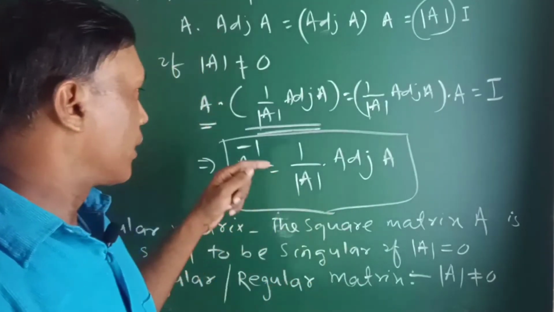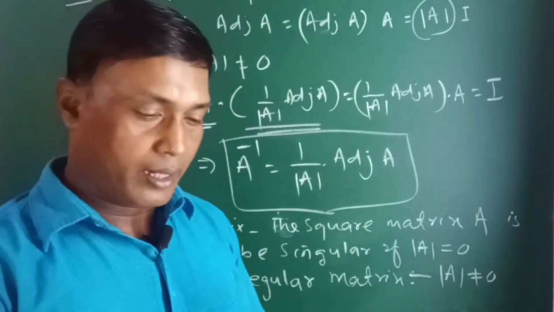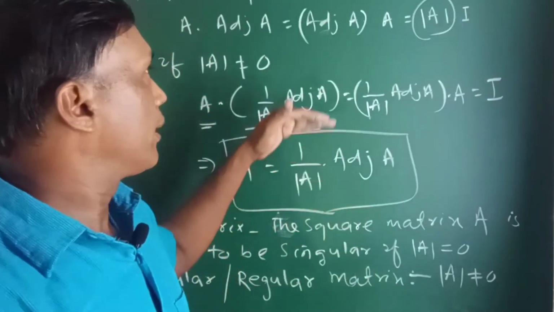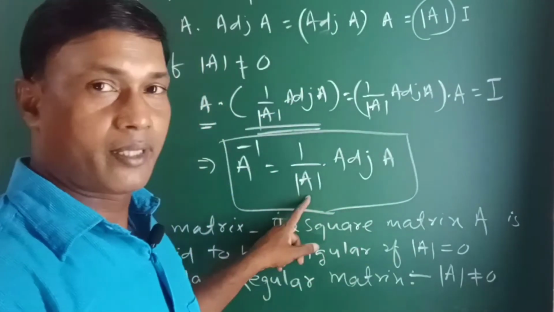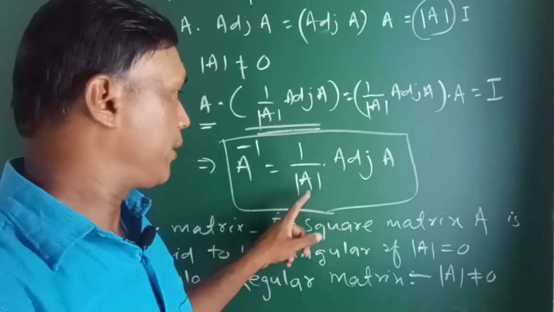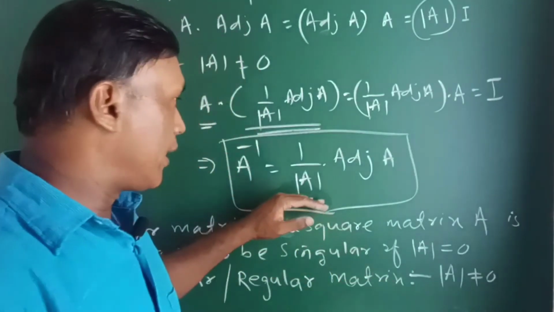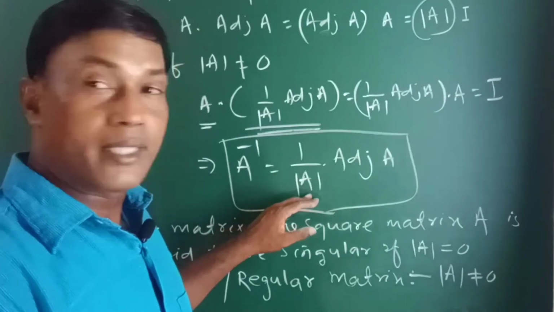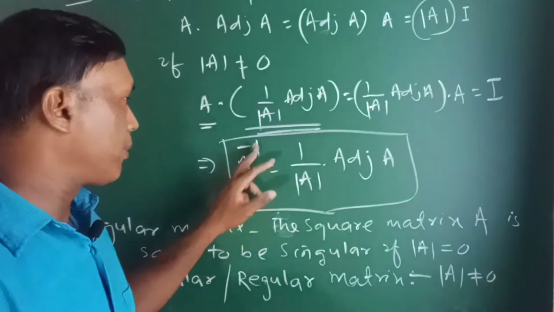Before evaluating the inverse of a matrix, when we find the inverse of a square matrix, what will we do first? We will test the determinant. If the determinant is 0, then the inverse doesn't exist. And then if determinant A is not 0, then find the value of adjoint A, and A inverse is adjoint A by determinant A.